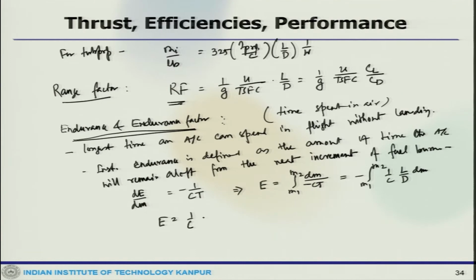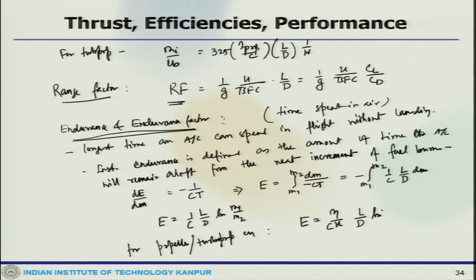So, E is 1 by C L by D ln m1 by m2. Now, for propeller or turboprop engine, this E is eta by C L by D ln m1 by m2,